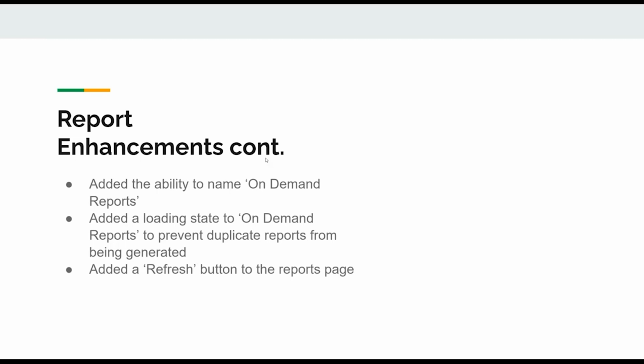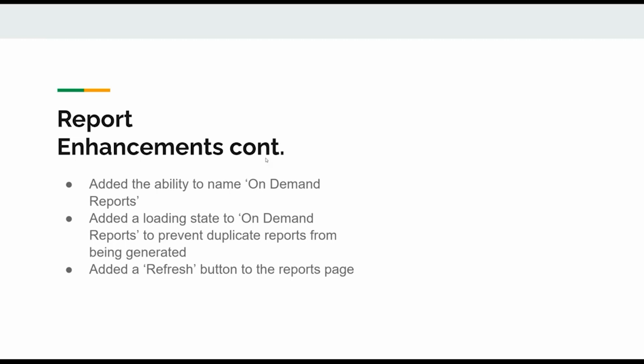So we wanted to curb that by having a loading state. And then, of course, a refresh button on the reports page, because when you run a report, you want it to show up within the tab. Unless you prompted it with a refresh, you might say, oh man, my report didn't run. So just a couple of nice-to-haves that we're adding there to make the reports feature even better.